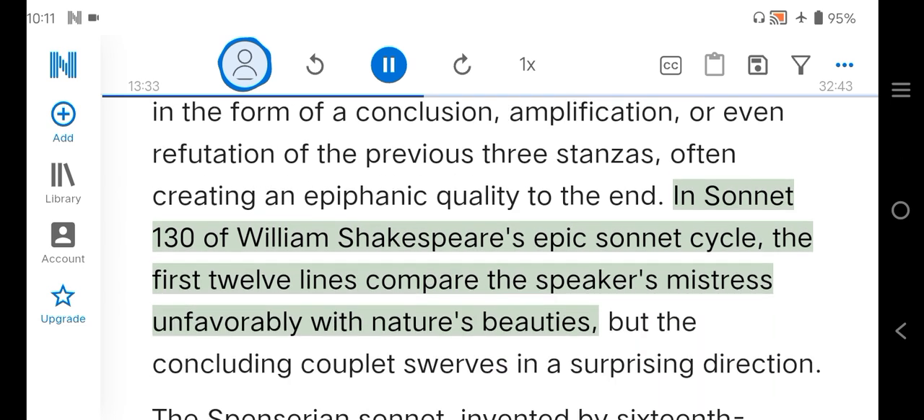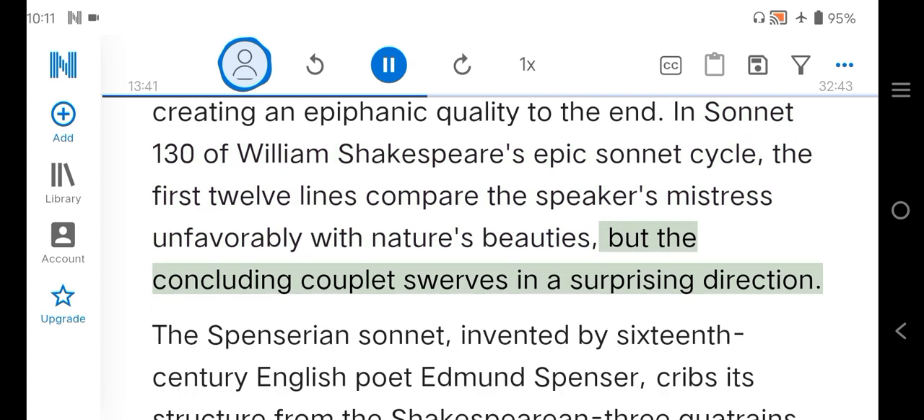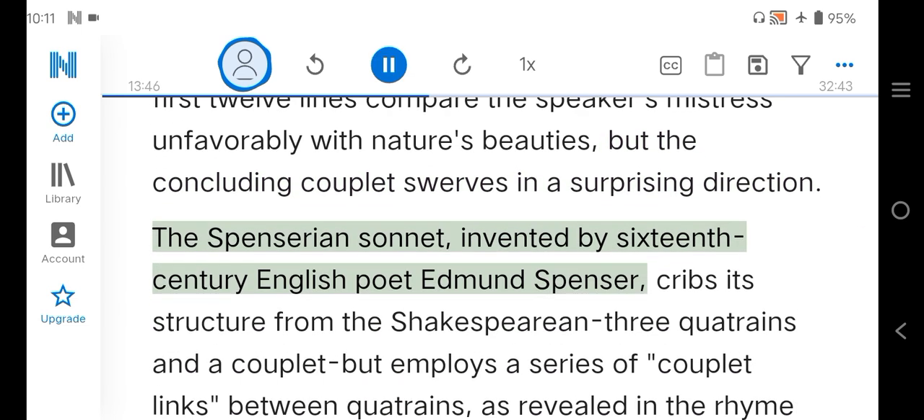In Sonnet 130 of William Shakespeare's epic sonnet cycle, the first 12 lines compare the speaker's mistress unfavorably with nature's beauties. But the concluding couplet swerves in a surprising direction. The Spenserian sonnet, invented by 16th-century English poet Edmund Spenser,